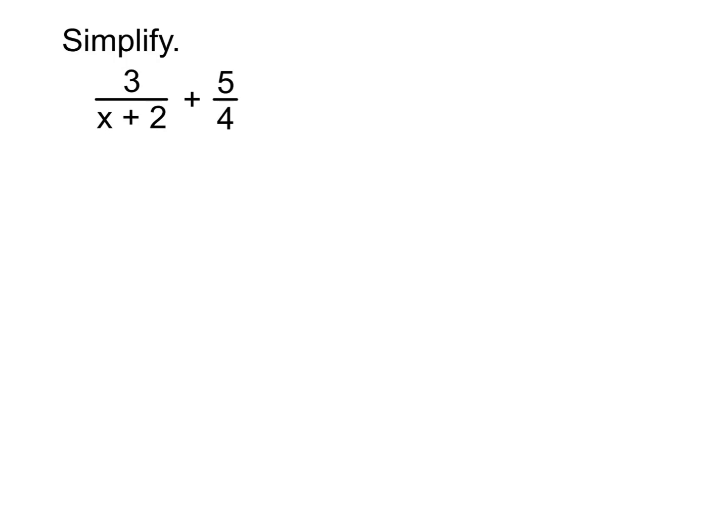So we're doing addition in this case, so you already know what you need at the start, right? Addition means we need to start with a common denominator. Now, here though, I have an x plus 2 and I have a 4. And I want to deal with what we can't do first. Because sometimes we see the 2 and the 4 and we think, oh cool, I can just multiply the first